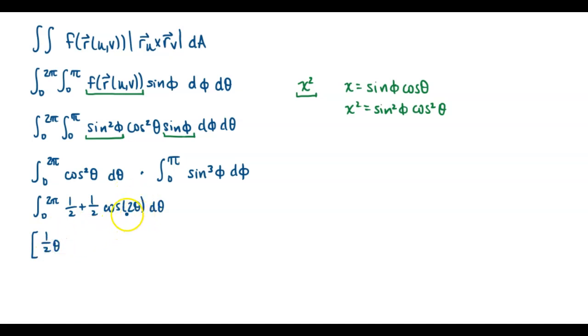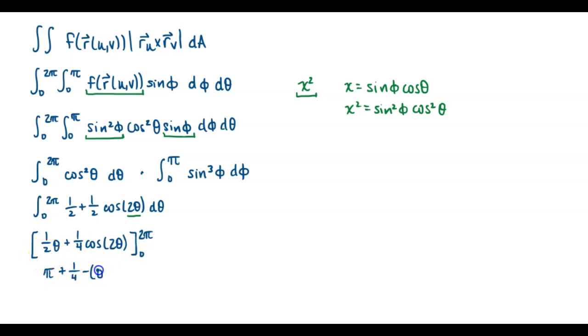And what happens with this 2 theta in here? Well, we said that we could use substitution, but we know this is really going to multiply this term by 1/2. So this is going to be 1/2 theta plus 1/4 times the cosine of 2 theta as we go from 0 to 2 pi. When I plug in 2 pi to 1/2, I'm left with pi. Plug in 2 pi to 1/4 cosine of 2 theta. This becomes the cosine of 4 pi, which is 1. And so I get pi plus 1/4